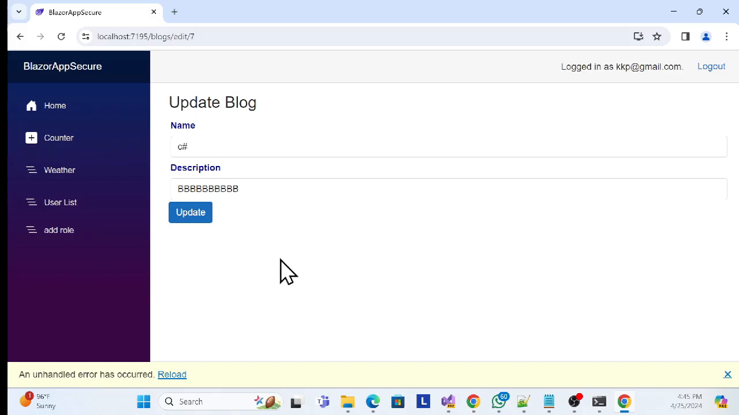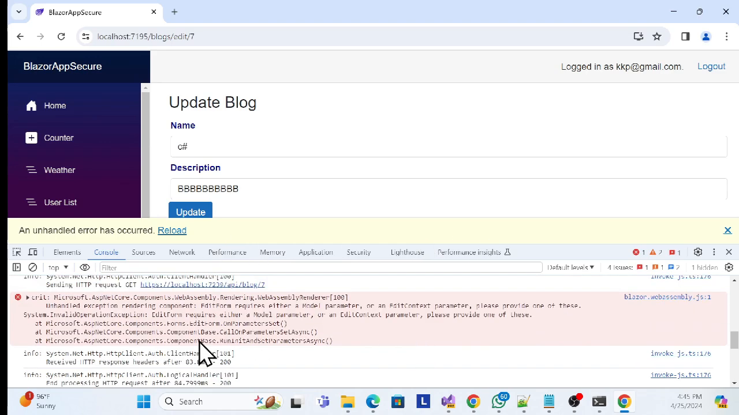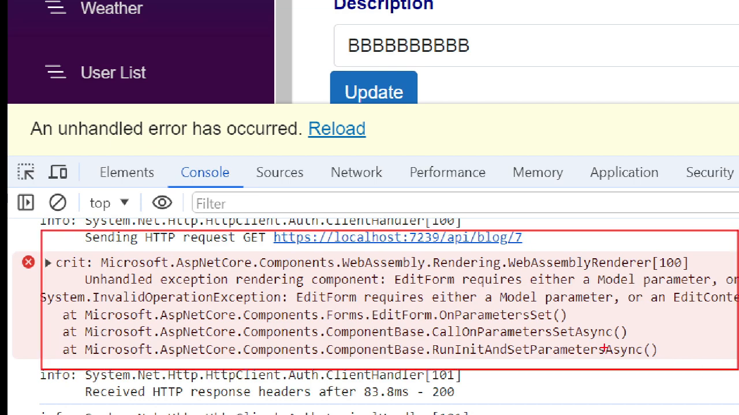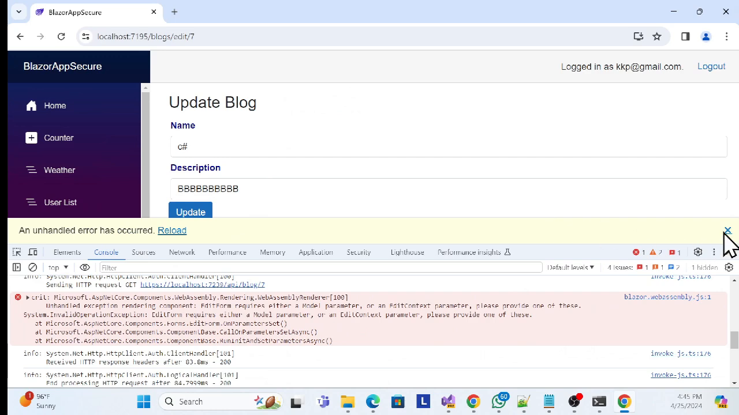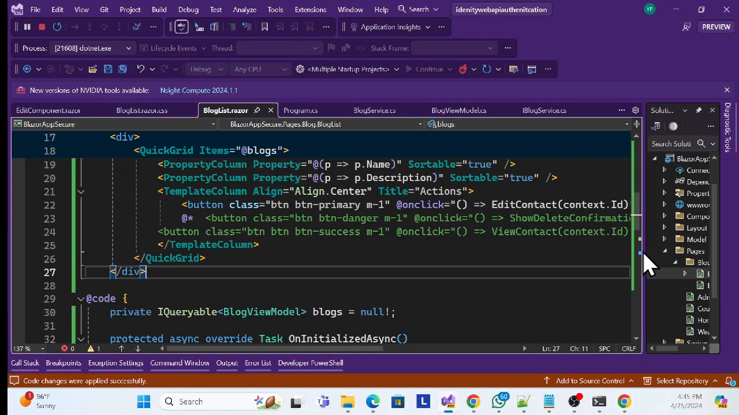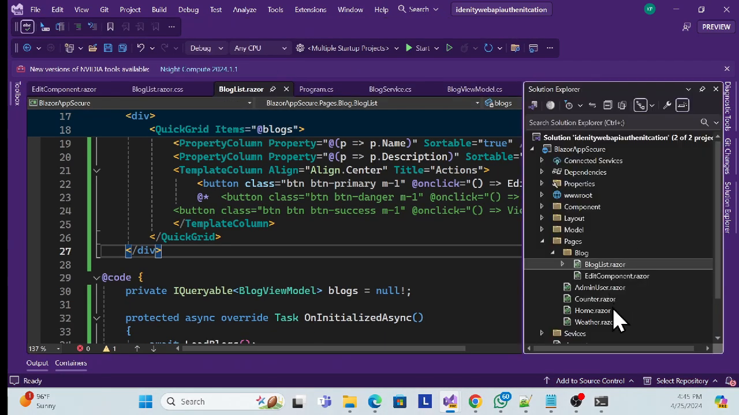Now I'm getting an error. So let me press F12 and check it. What is the error? See, it is saying that while setting the parameter, there is a delay. Actually, the edit form requires some model, but the model is not being properly received. So in this case, we have to add some check. If you go back to your solution, in this web application solution, let me stop that